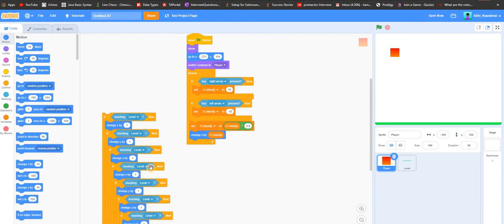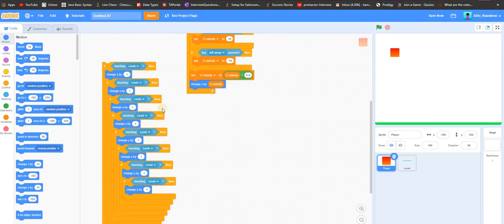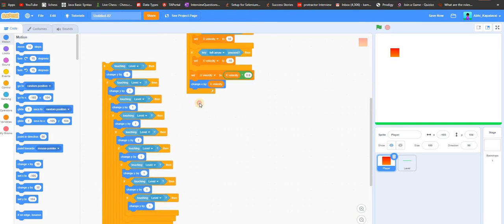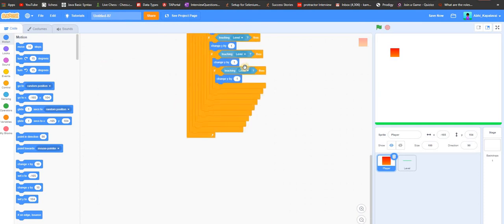Okay, I had to do that. 1, 2, 3, 4, 5, 6, 7, 8. Then I can just duplicate that. Okay, I got it 9 times. Now attach it in there. At the last, you want to create one last one and then put it there. Then do this, change y by -9 because we did 9 times. So -9 and then you want to change x by